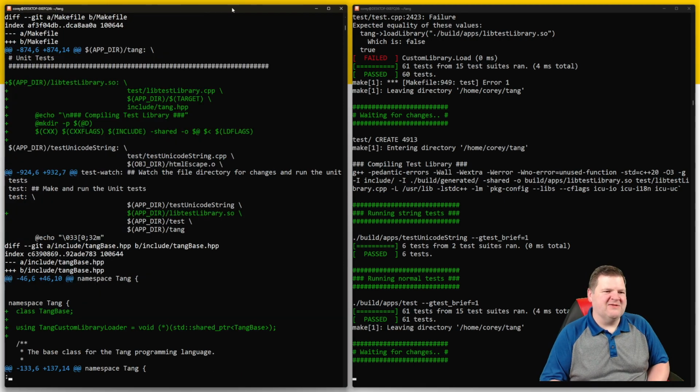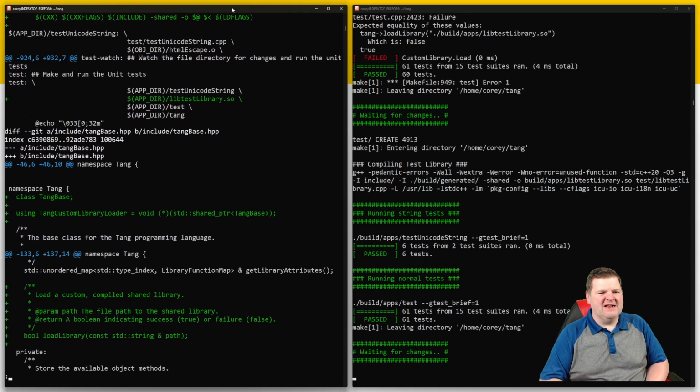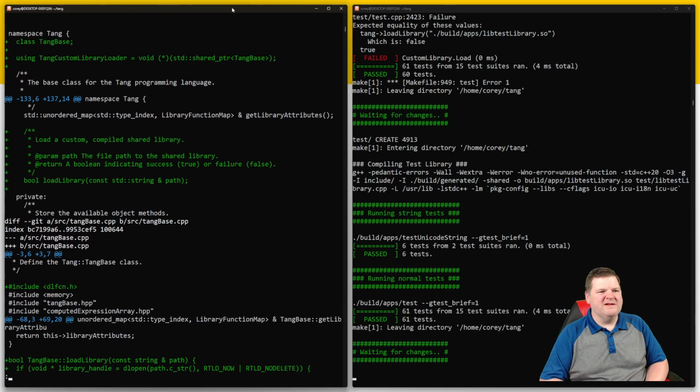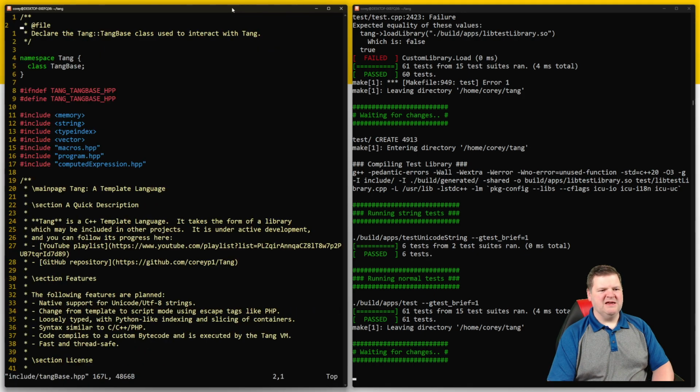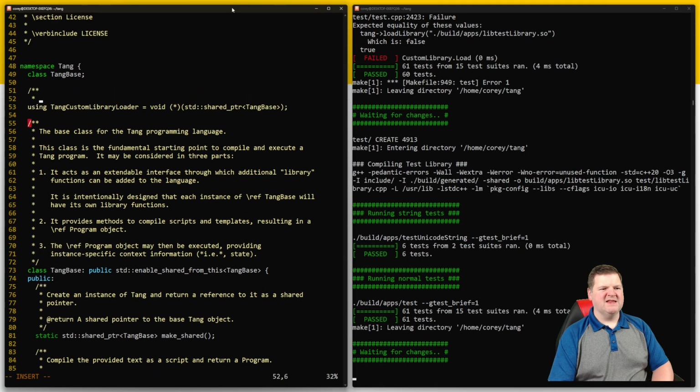What all differences do we have? So we added the makefile for the library, added it as a dependency for the tests, added... oh, I need to, in vim, this is in Tang base, include Tang base.hpp, and we'll just say that this is